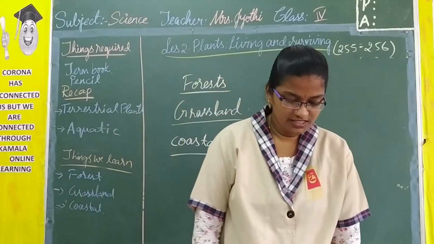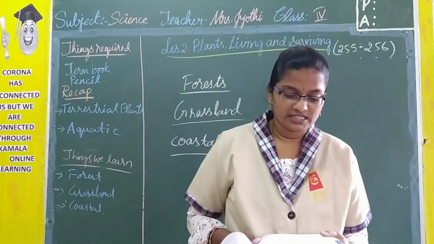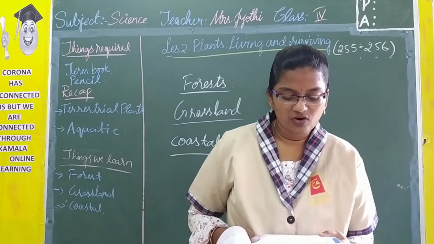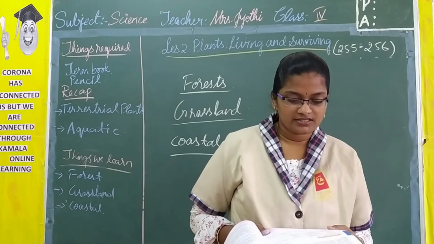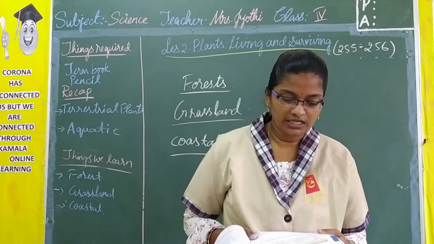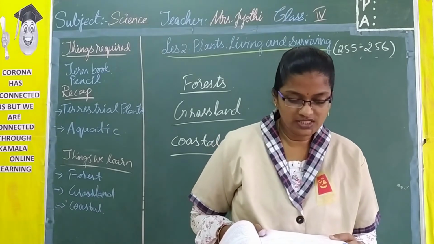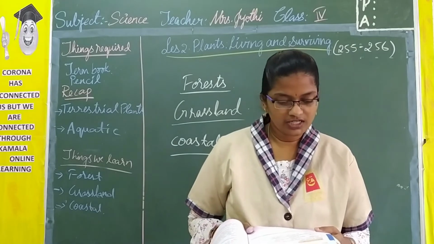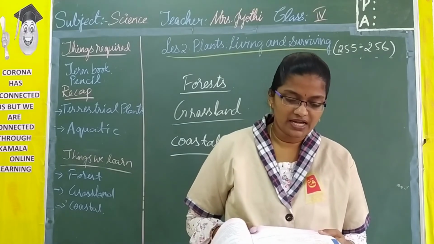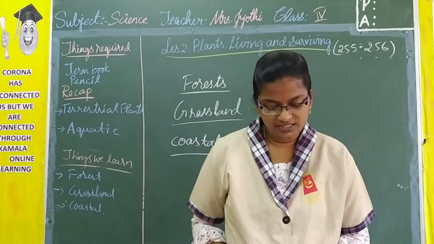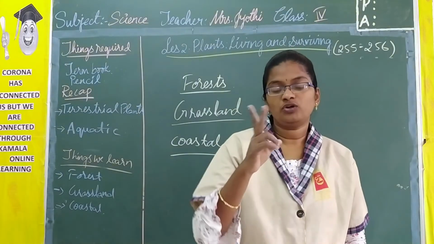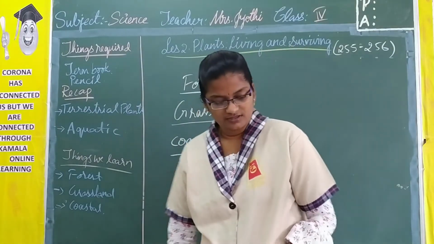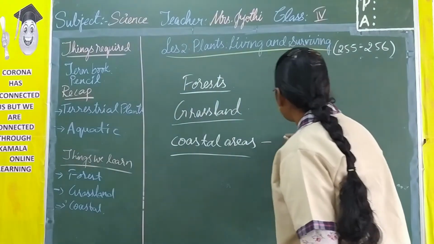So certain regions near the sea coast receive heavy rainfall and the water can be salty. These regions are generally hot and moist. Coastal regions are home to many different types of plants, and coconut and pepper are some plants that grow in these regions. So here there are two examples of coastal plants, that is coconut